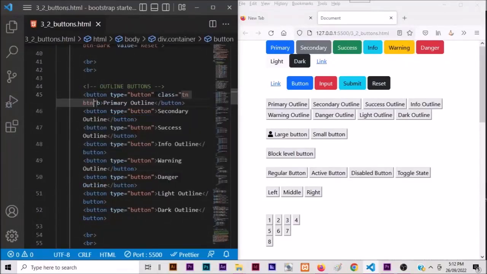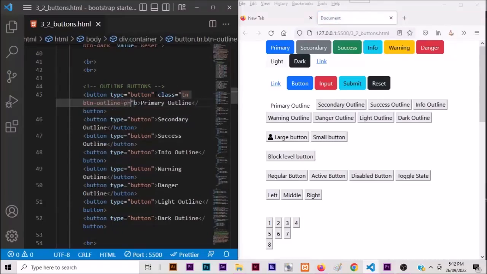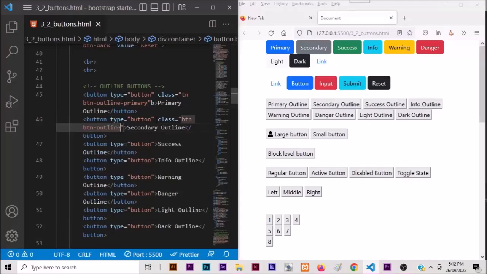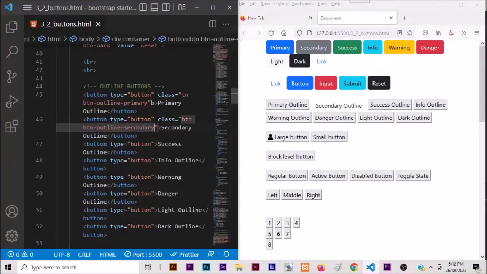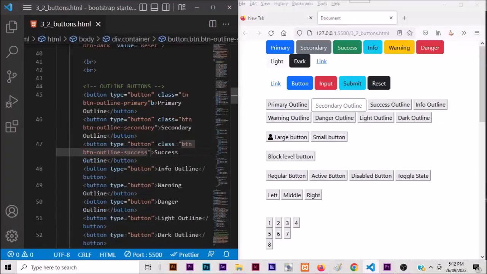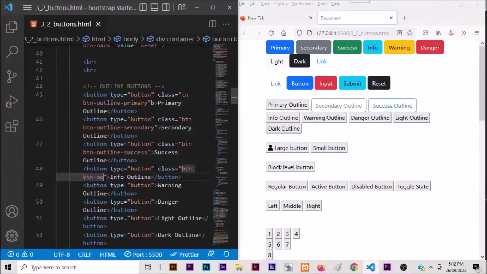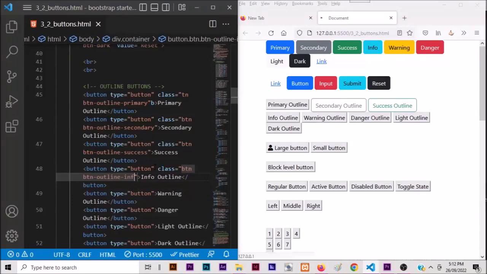So let's move to the btn outline. Class of btn outline primary, class of btn outline secondary. Have the class of btn outline success, class of btn outline info,